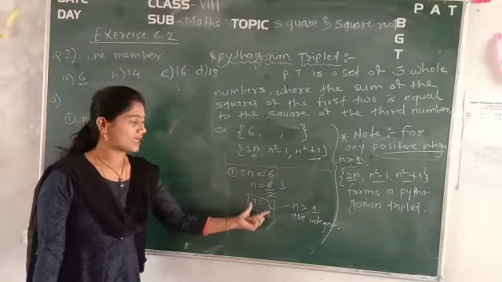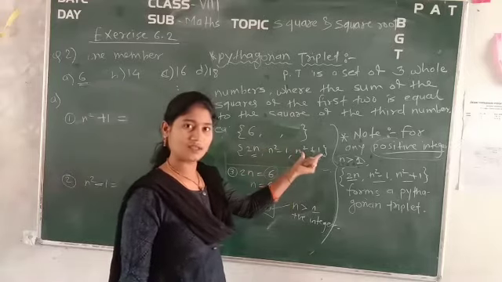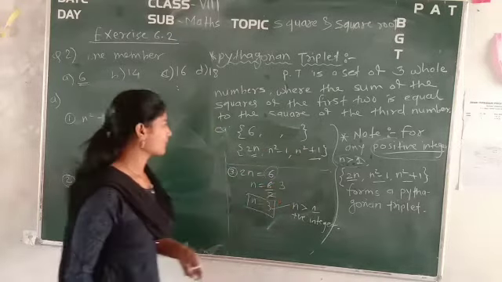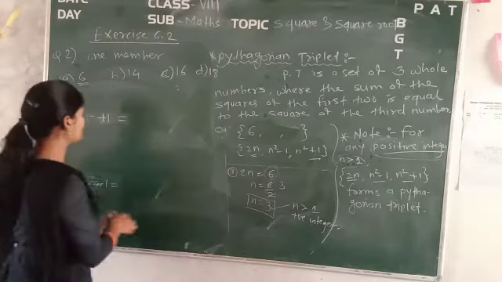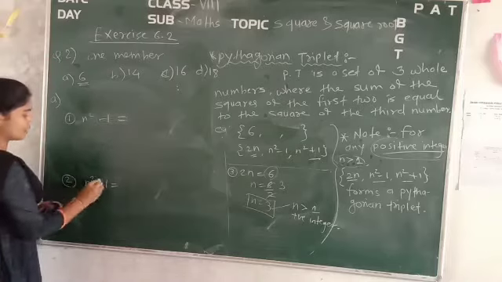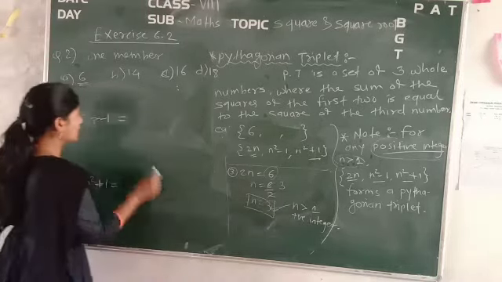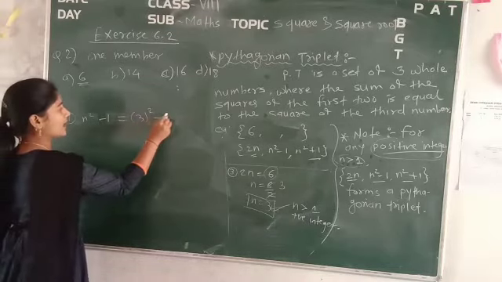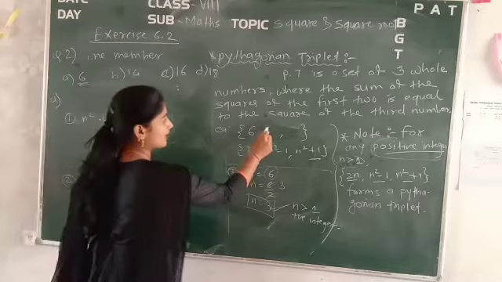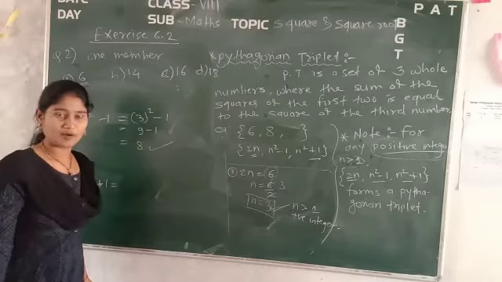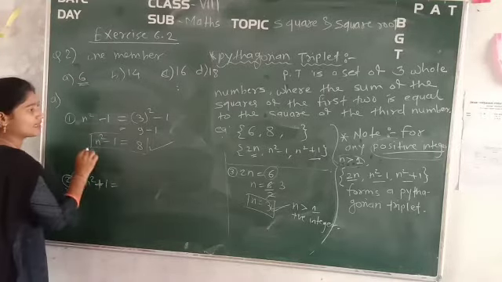Now we have to put the value of n within those two expressions, n square minus 1 and n square plus 1. First is n square minus 1, so we write minus here, and here we write plus. Now just see, what is the value of n? 3. Put 3: 3 square minus 1, 3 threes are 9, minus 1, it is nothing but 8. So what is the second member of the triplet? 8, because this is the value of n square minus 1.